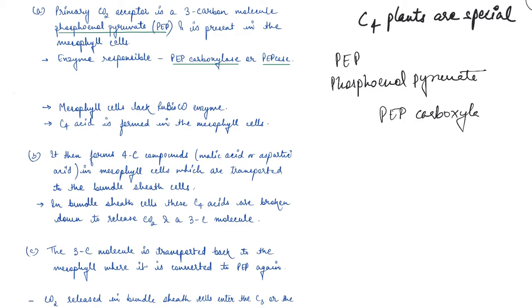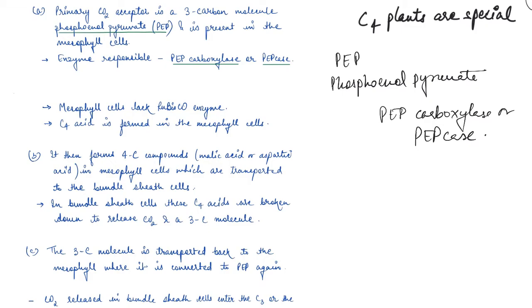PEP carboxylase, or we call it PEPcase. Right? Now, why is this the primary acceptor and why not the Rubisco enzyme or the ribulose bisphosphate? Because here the C4 cycle is happening in the mesophyll cell and bundle sheath cell, and mesophyll cells lack the Rubisco enzyme, right? So instead of the C3 product, here they form a C4 acid in the mesophyll cell first,